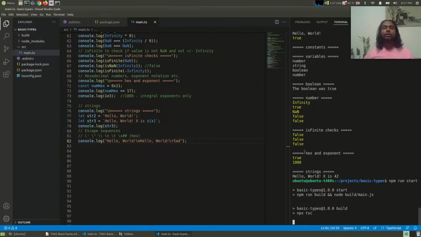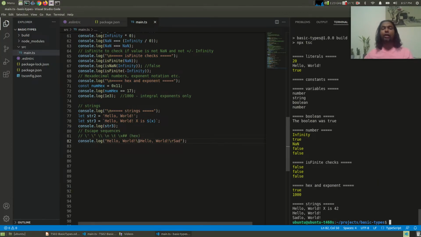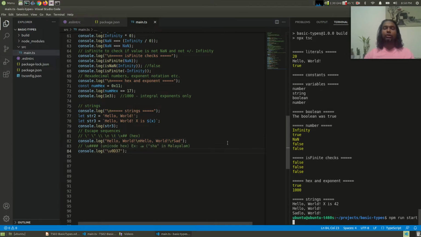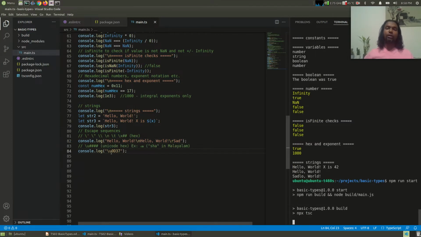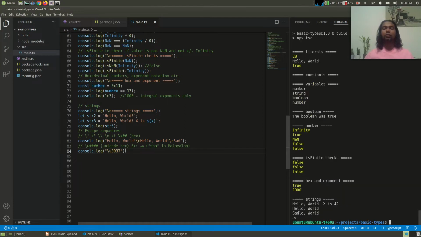Escape sequences using backslash are supported. Here we print hello world on one line, then we print hello world on the next line, but use the backslash r to take the carriage back to the beginning, causing the HEL to be overwritten with SAD here. Unicode strings are supported. For example, this escape sequence will cause the Malayalam character SHA to be printed onto the